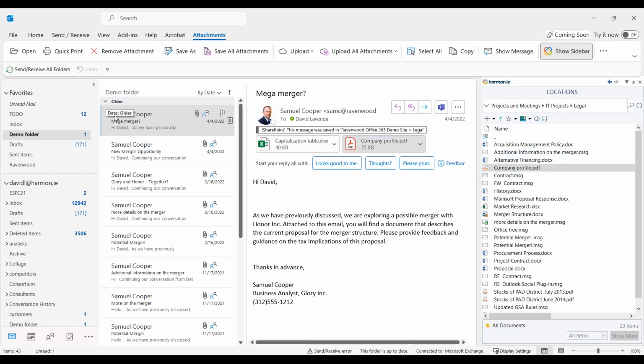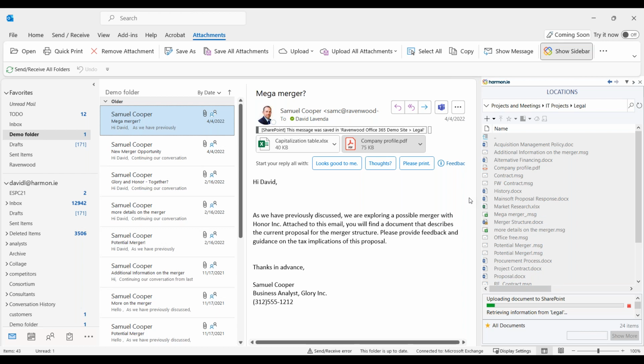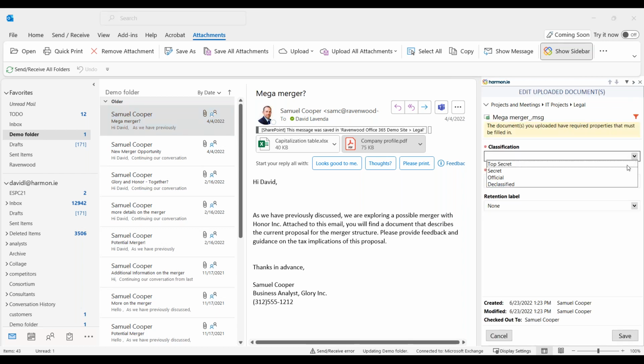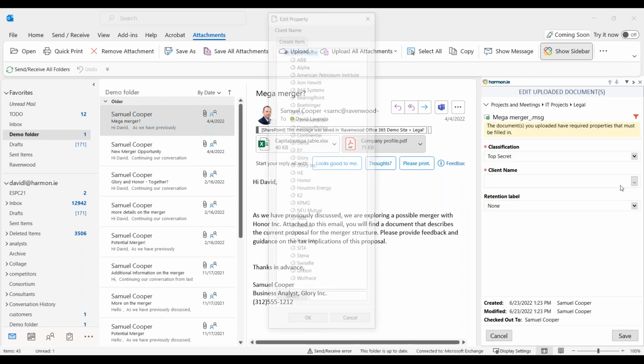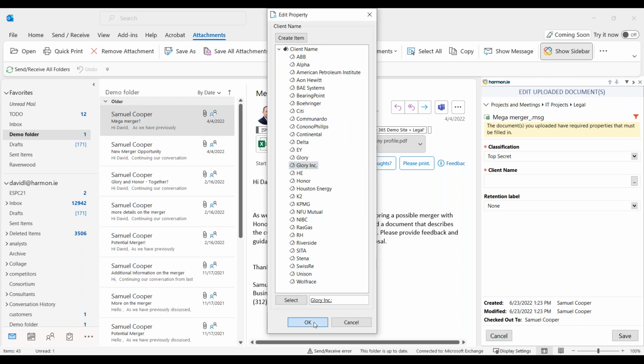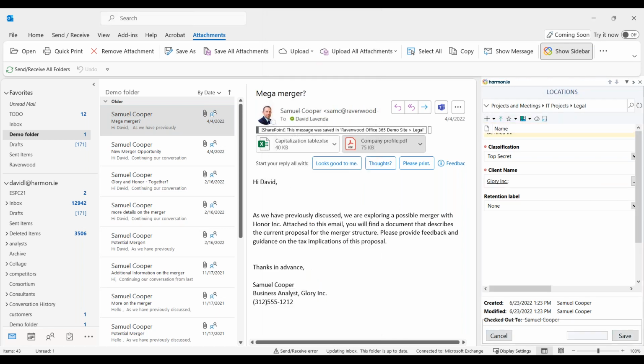document or the email. So for example, I can also store the email. I can drag the email across as well, and store that additionally. Again, I'm prompted for metadata because this folder requires metadata, and I can save it. Now,